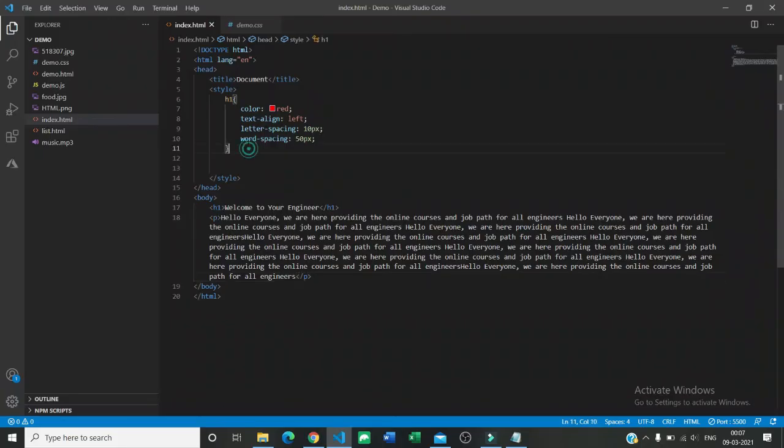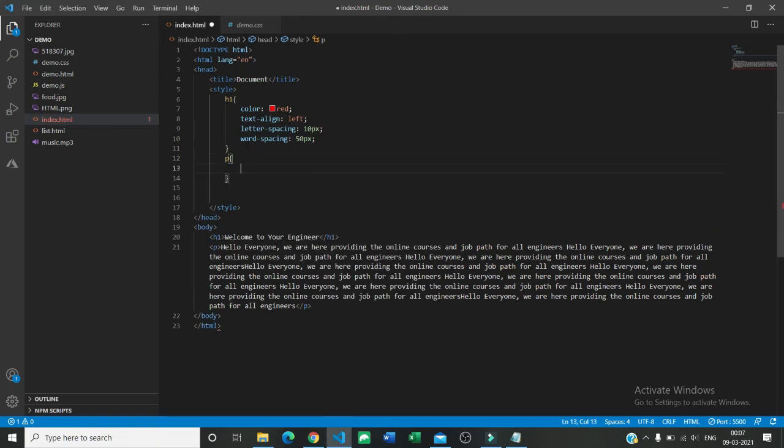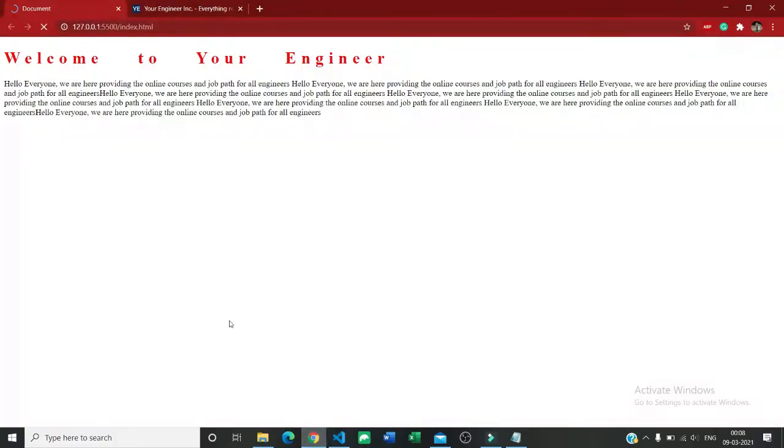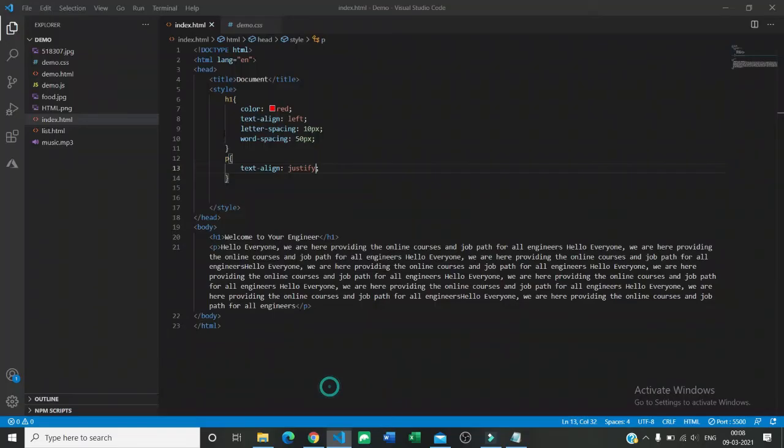So I am going to use a paragraph selector, and here I am going to align my text with text-align as justify. Now save it. If you are creating a blog website or anything, justification always looks good. If you see any newspaper or any magazine, your text will always be formatted in justified ways. Every line should be justified and aligned with each other. That's what justify does.